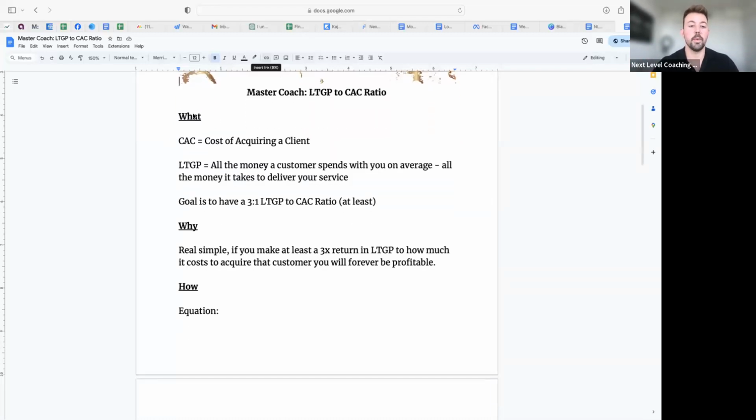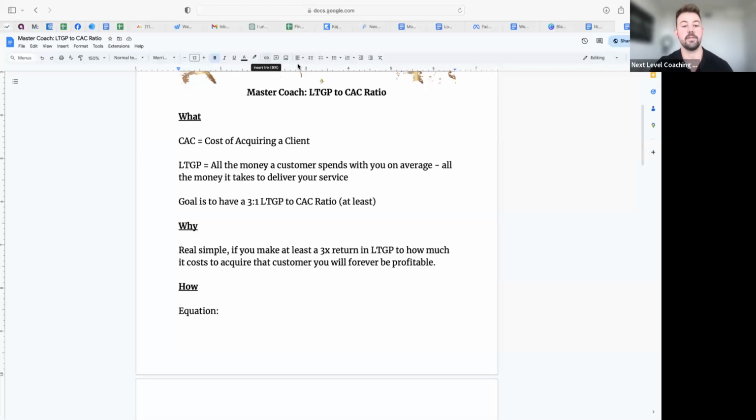So what are we going to talk about? Let's define these terms. So CAC, once again, is cost of acquiring a client. So how much does it cost you as a business to acquire a paying client? So paying client, this is not acquiring like a lead or acquiring a call booking. This is acquiring somebody that has officially signed a contract and paid you money. So that's CAC. Now,